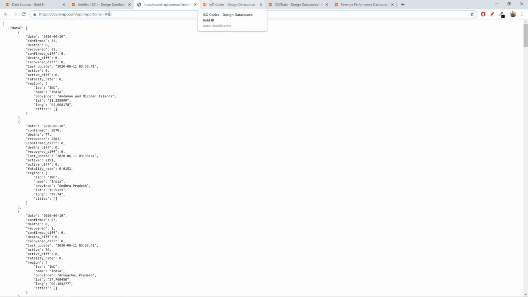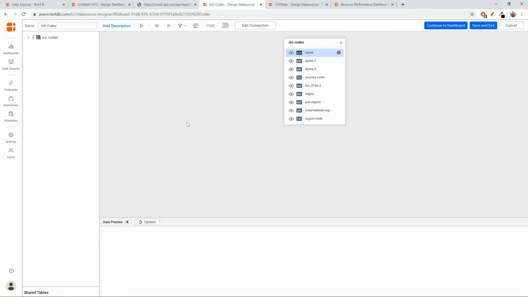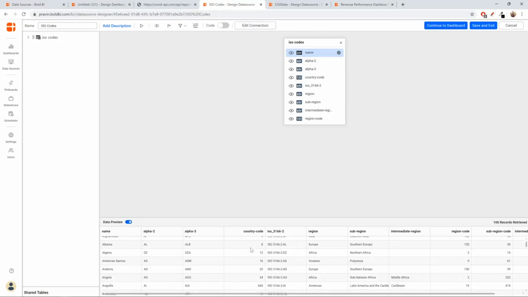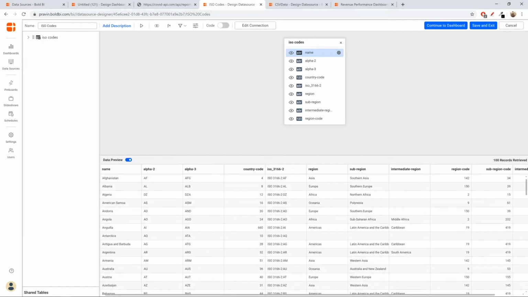First, I have the ISO codes of different regions here. We have the alpha 2 values and alpha 3 values, and also the name of every region. The data that I have here is imported from a CSV. Even if you want to get these values from a SQL connection or a REST API, you can also do that.